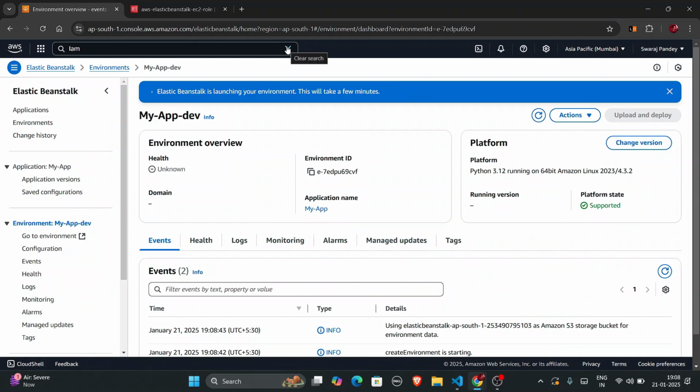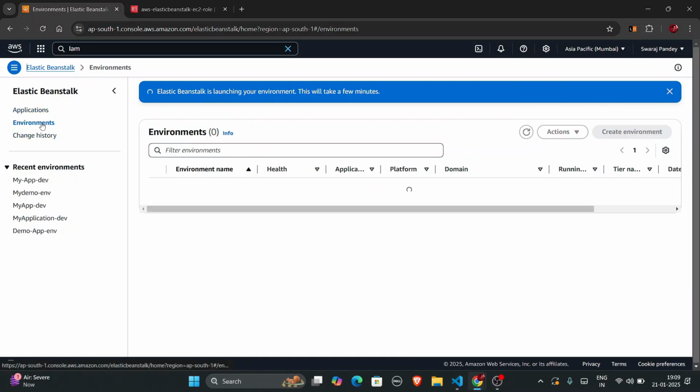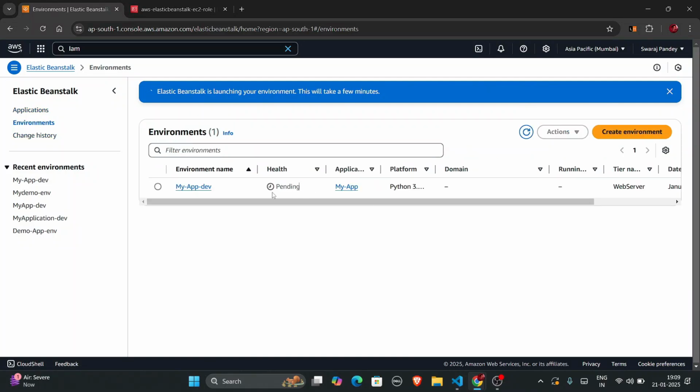Now to see what steps are going on in this environment, let us see this application first. So this is my application. Health is pending, health check is pending now. Application is my app. Platform is Python. Let us now search for